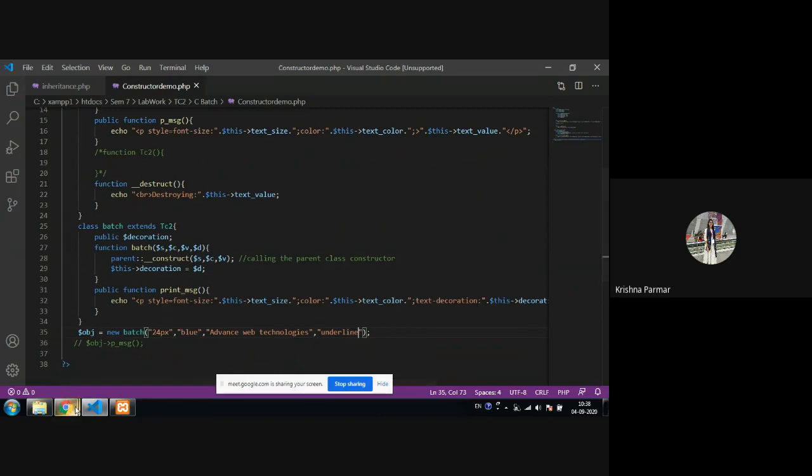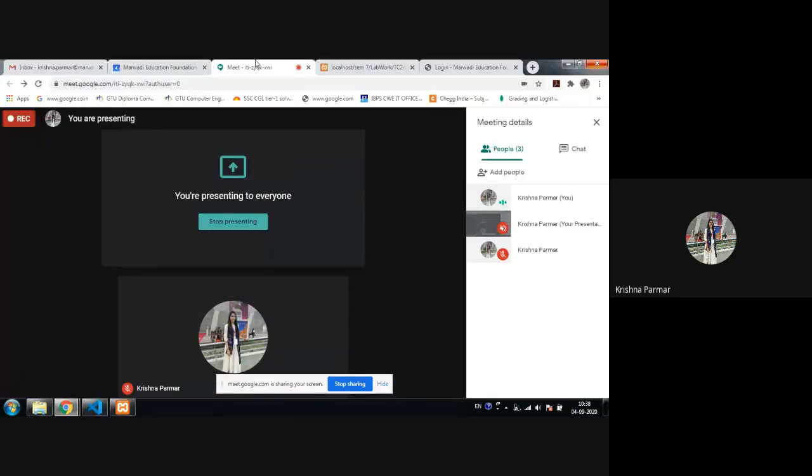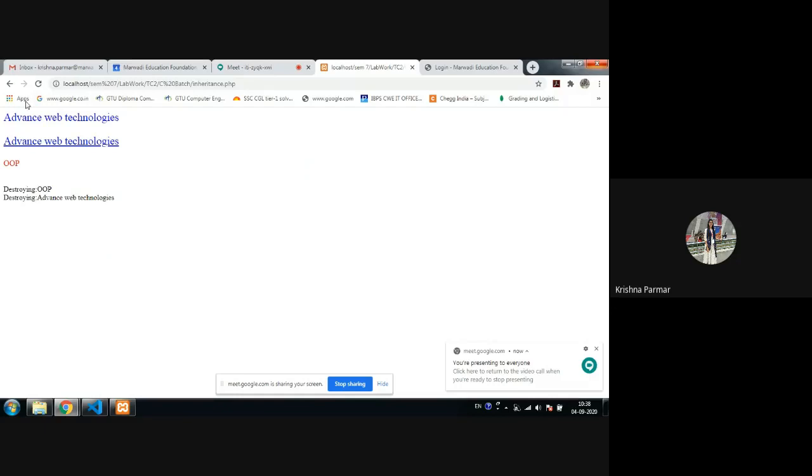Okay, now if you go for calling the methods, so obj, and then print underscore message, you can call the parent class method also. That is up to you, because you are creating the child class method. So now we are going to run this program.